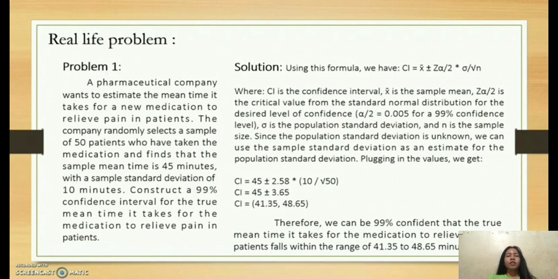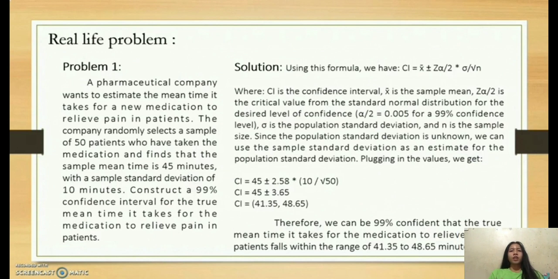CI is the confidence interval, x̄ is the sample mean, and Zα/2 is the critical value of the standard normal distribution for the desired level of confidence. α/2 is equal to 0.005 for a 99% confidence level, σ is the population standard deviation, and n is the sample size. Since the population standard deviation is unknown, we can use the sample standard deviation as an estimate for the population standard deviation. Plugging in the values, we get